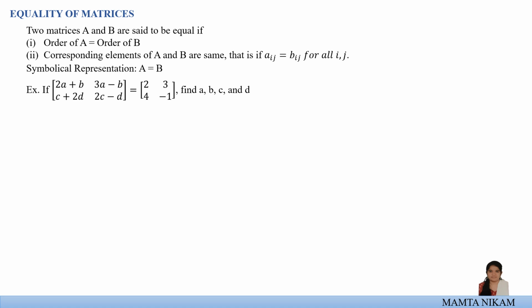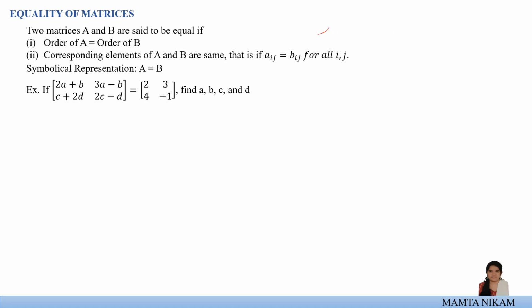Equality, the name itself says equal. Equality मतलब equal, right? So equality कब कहेंगे? Suppose we have two matrices A and B, then they are said to be equal if we observe that order of A is equal to order of B. Order मतलब क्या? वो मैट्रिक्स कितने रोज और कितने कॉलम्स का है, right? Suppose we have a 2 cross 2 matrix and we have a 3 cross 3 matrix. These are not equal because इसका रोज 2 है तो इसके रोज 3 है, इसके कॉलम्स 2 है तो इसके कॉलम्स 3 है।